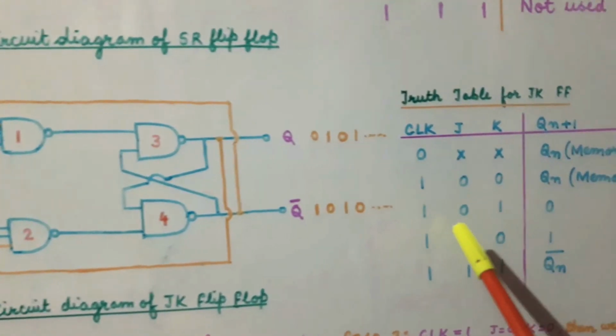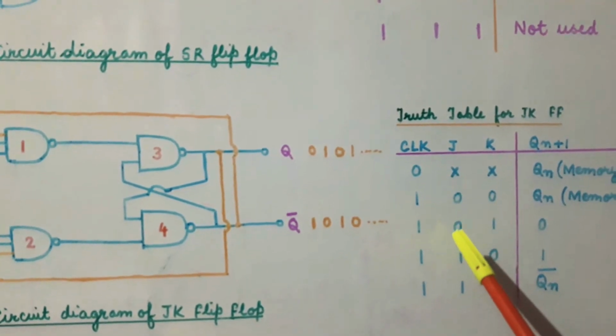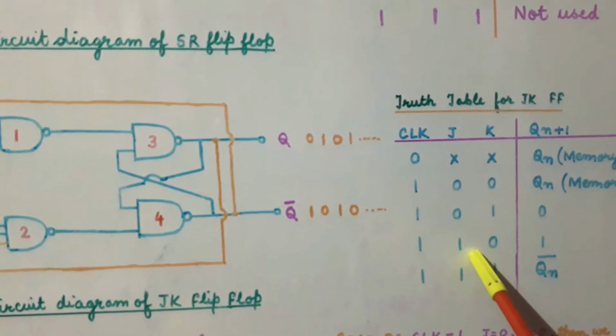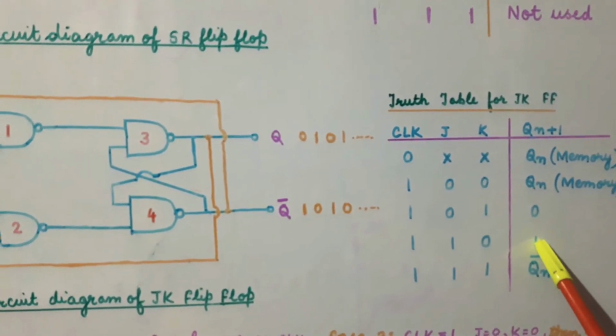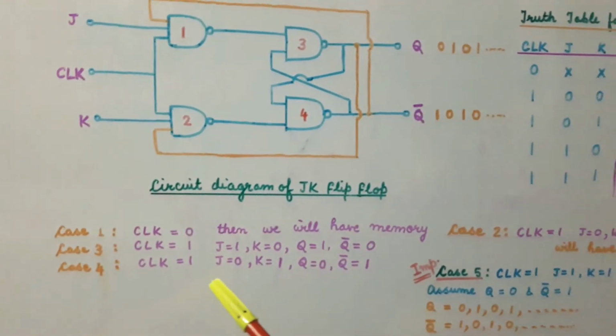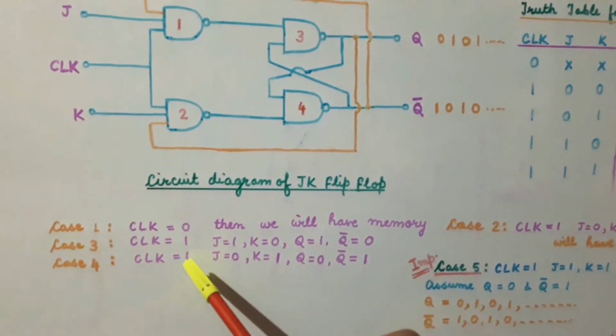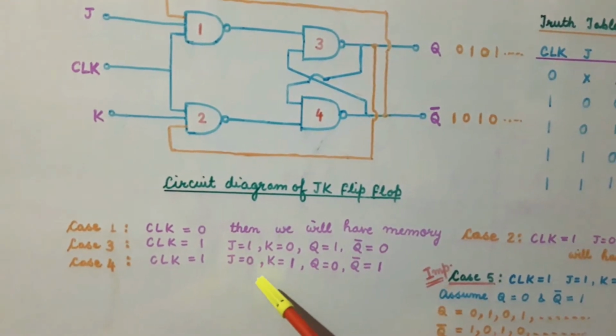So we have written here that when the clock is high and the value of J is 1 and K is 0, then we will get the output Q as 1 and Q complement as 0. Now let us consider the next case, that is when the clock is high and J is 0 and K